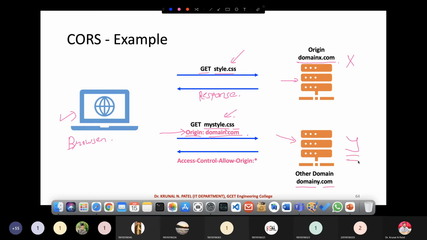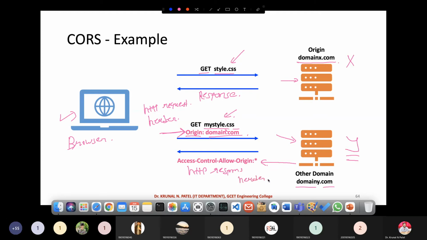Now, as I have already included my origin in my HTTP request headers, this server will identify that cross origin is allowed. So it sends me the response with this HTTP response header.